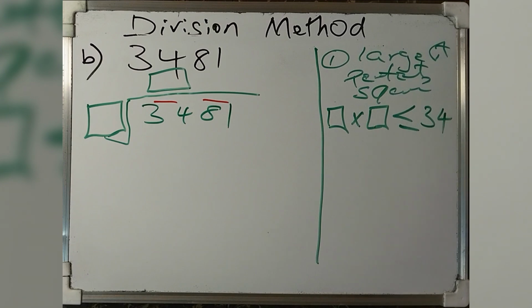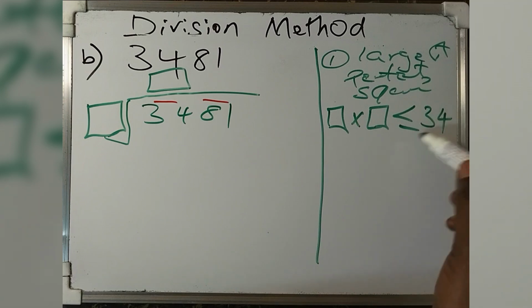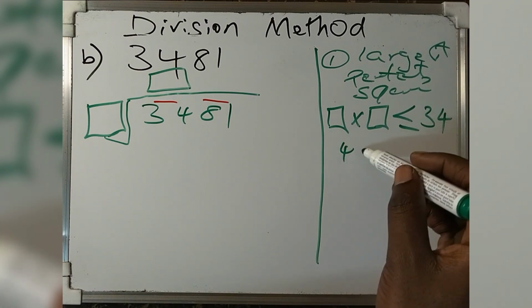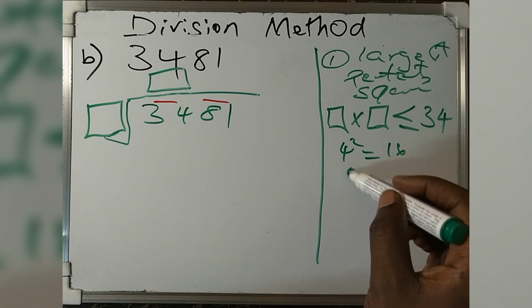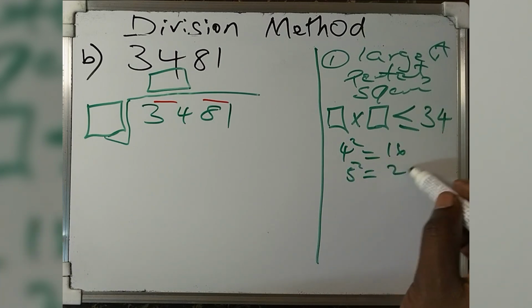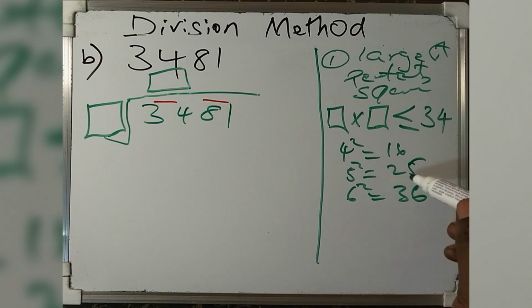Now let's look at this. Let's try any number that when you square it would be equal or less than 34. Let's try 4. 4 squared will give us 16. 5 squared will give us 25. 6 squared will give us 36. So the largest perfect square that is equal or less than 34 is